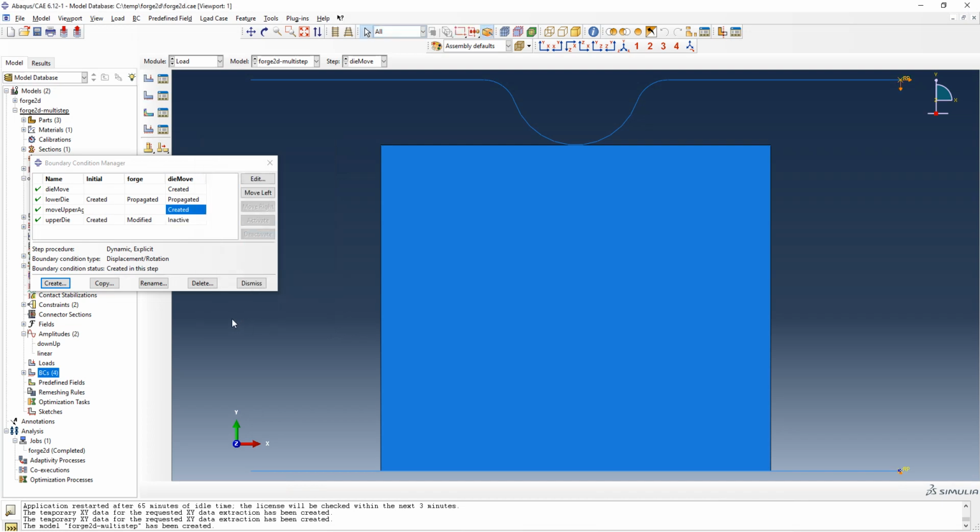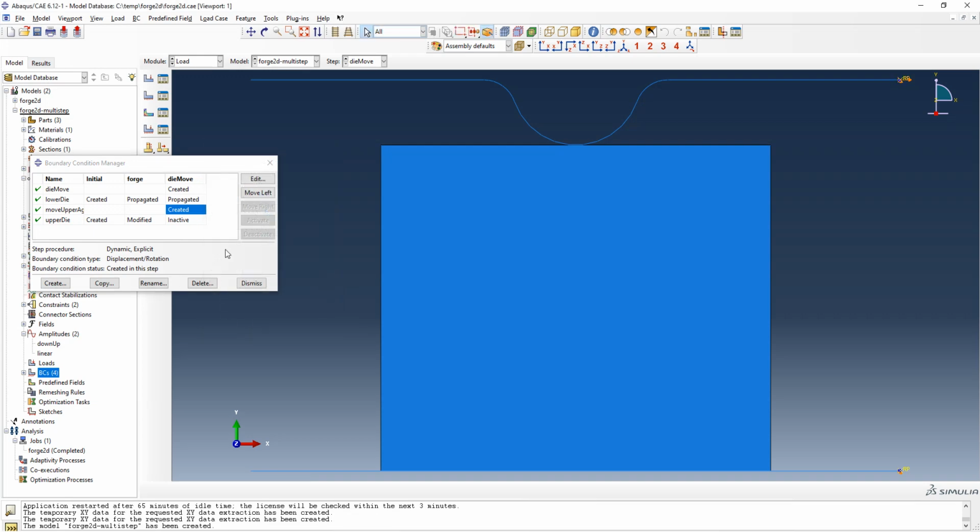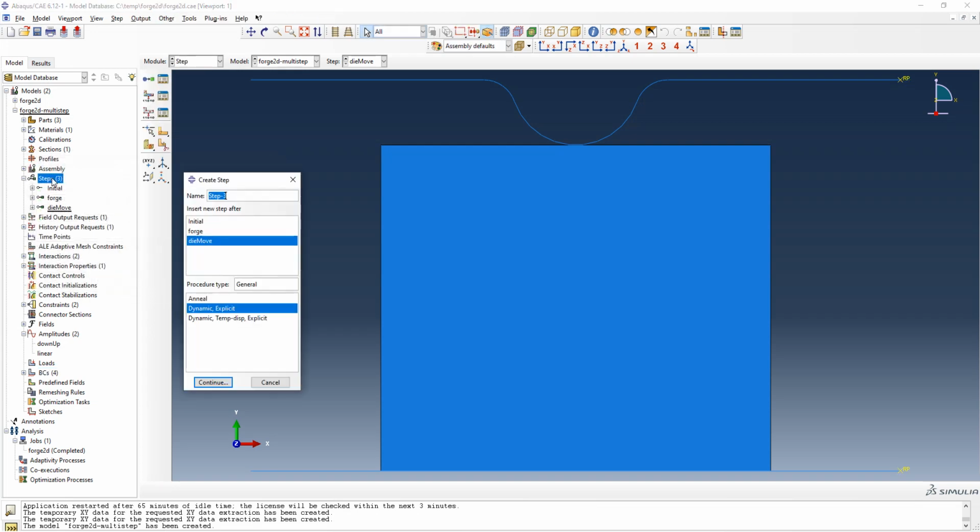Now the problem is that to do this, this is not possible. I have to create another step. So what I will do is, in this one I will just fix it, and I will propagate it in the later one, and then I will create another step which will be forge2,